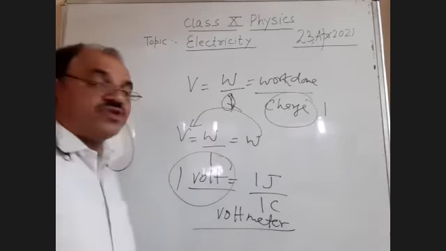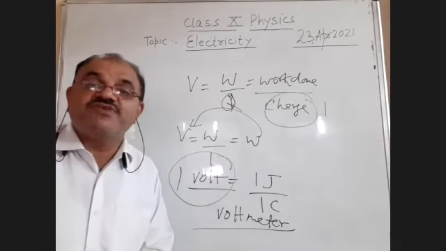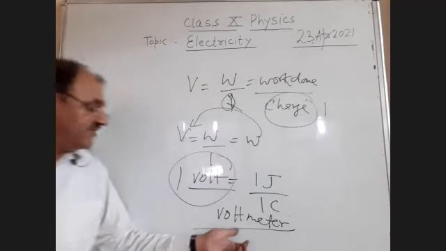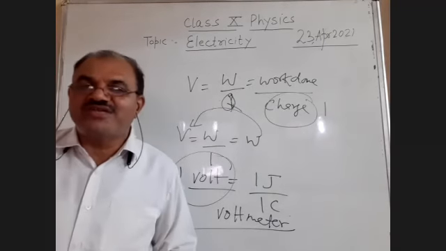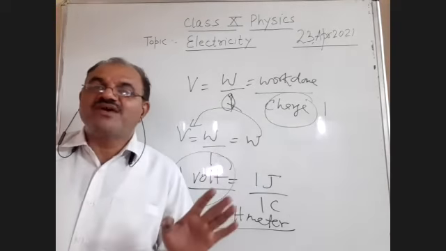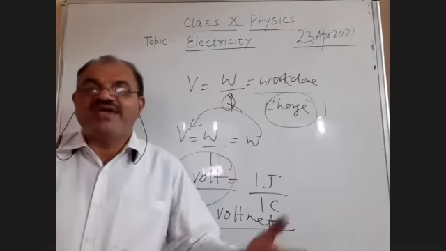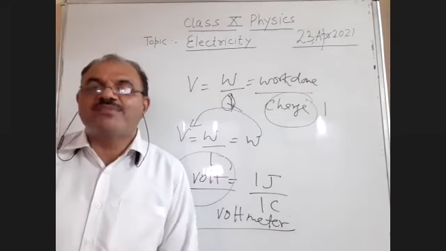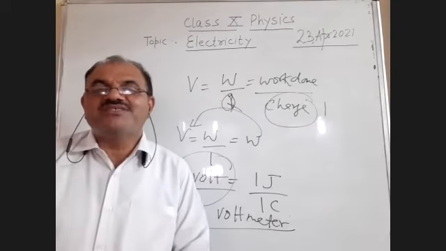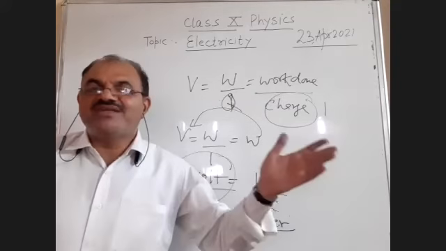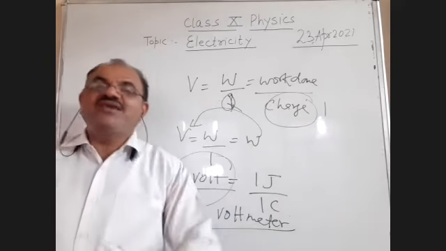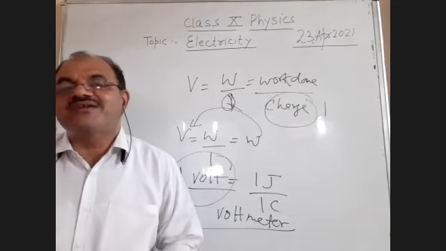And a very, very important question which I am going to discuss with you. The voltmeter is a device which is used to measure the potential difference. And the question is, why is the voltmeter always connected in parallel in a circuit? Very, very important question. It is a star mark question in all competitive exams, where the ammeter is connected in series and why the voltmeter is connected in parallel in an electric circuit.